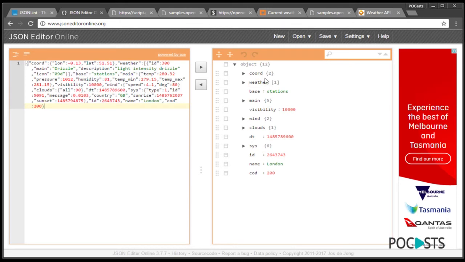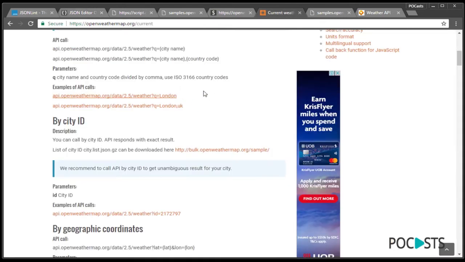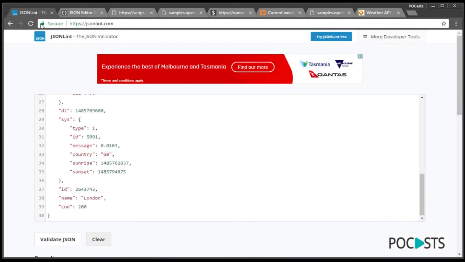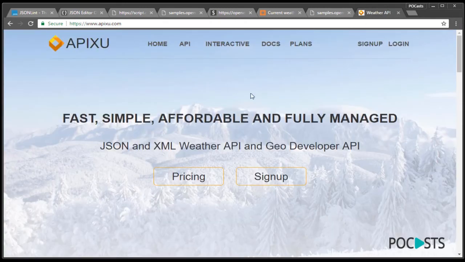Without even opening it, curly braces are objects, square brackets are arrays, and then you see what fields are available, what keys are available in it, and what the values are. Station, you see, is basically a string. This is basically a number, from the way it has been written here. So that's how you read a JSON file from online. Wherever you see a JSON sample, try to open it up in this tool and see how it looks, and try to understand it, because it's mostly a readable format.